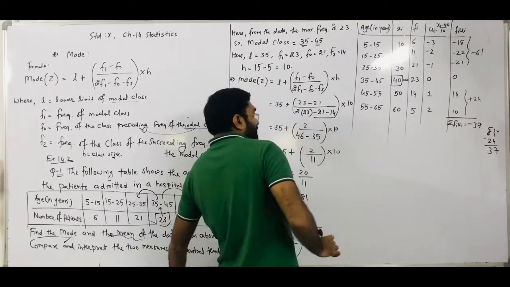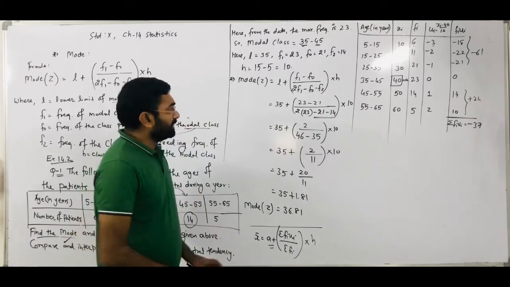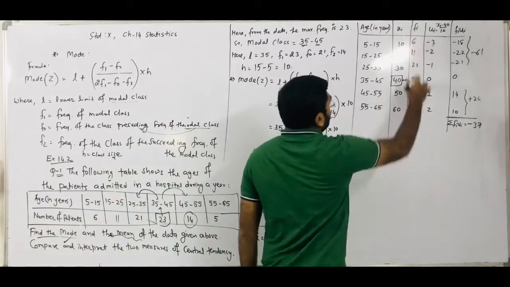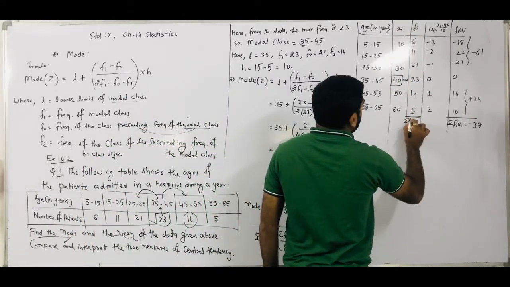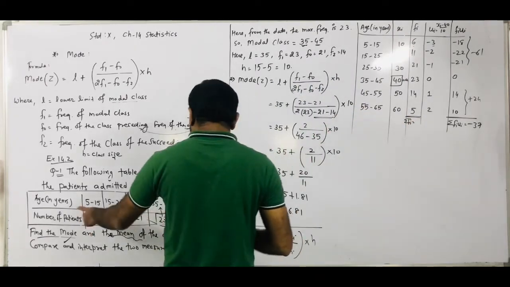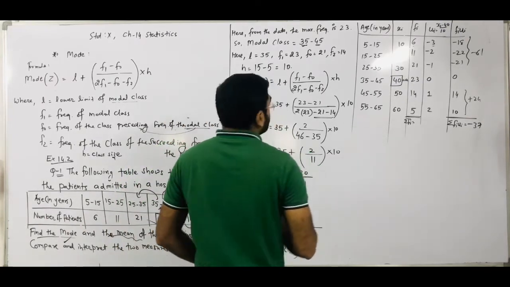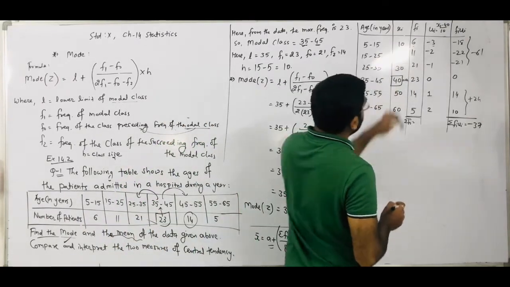Right? Now which value do we require in the formula? Sigma Fi value we require. So summation of all frequency we have to do. Here it is not mentioned in the question how many patients are admitted, otherwise you can directly mention. So for that sigma Fi you have to add all these numbers.